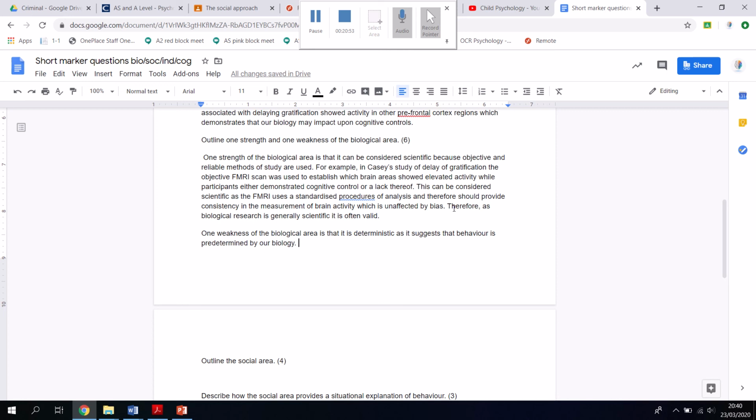So it doesn't really matter if the example you give is from the same study. It can be a different study. It can be the same study in these strengths and weaknesses questions. It's not really relevant which you do, as long as it is a biological study. So I can say here, for example,